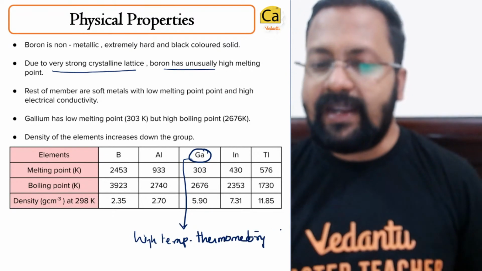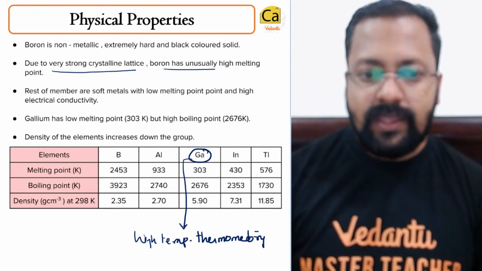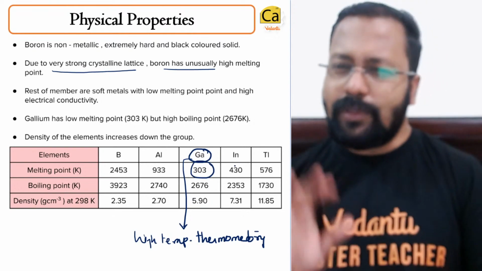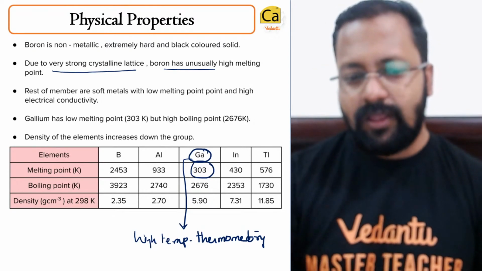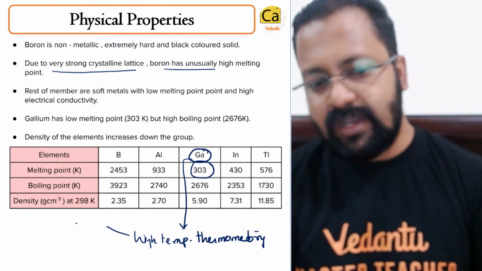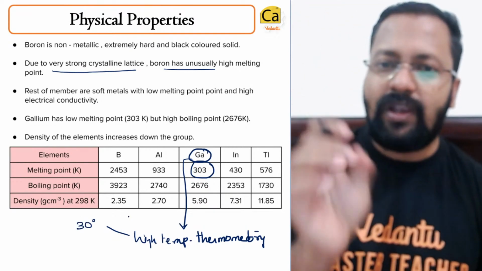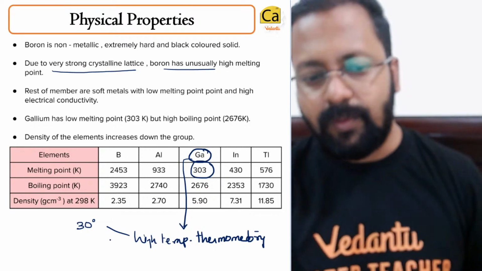Why is it used in high temperature thermometry? Because you can see that its melting point is 303 Kelvin. 303 means it melts at 30 degrees Celsius. Okay, so it is used in high temperature thermometry because at 30 degrees Celsius it is in the form of a liquid. It has turned into a form of a liquid,